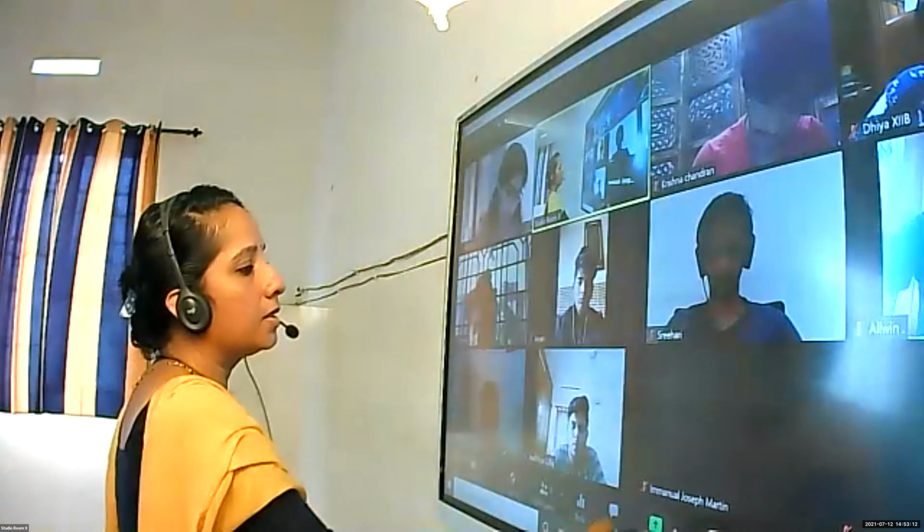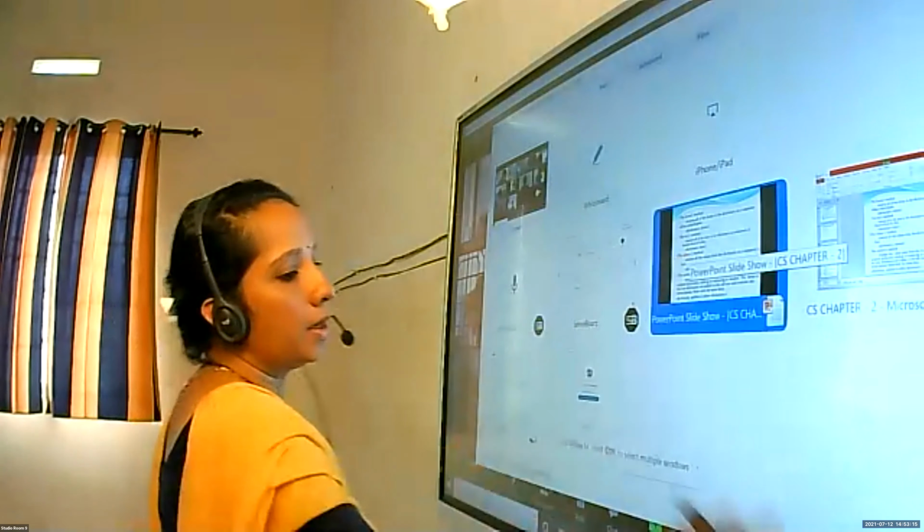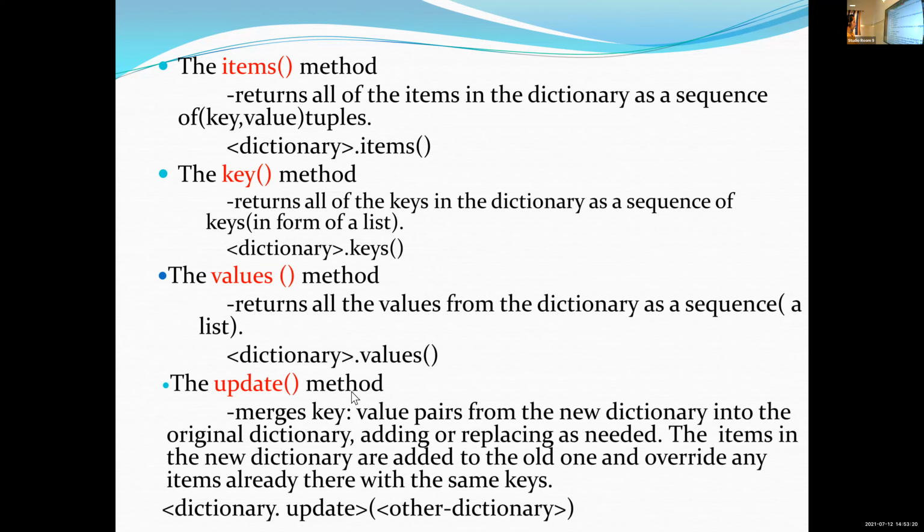Then next one is keys. Keys we already discussed. It returns all of the keys in the dictionary as a sequence of keys in the form of a list. Here it is in the form of a tuple. Here it is in the form of a list.